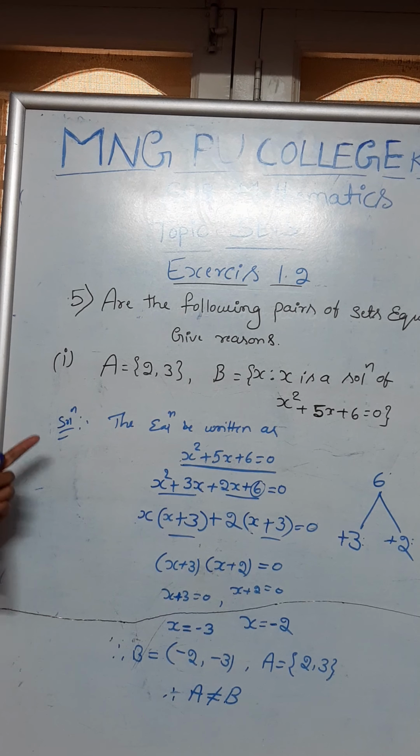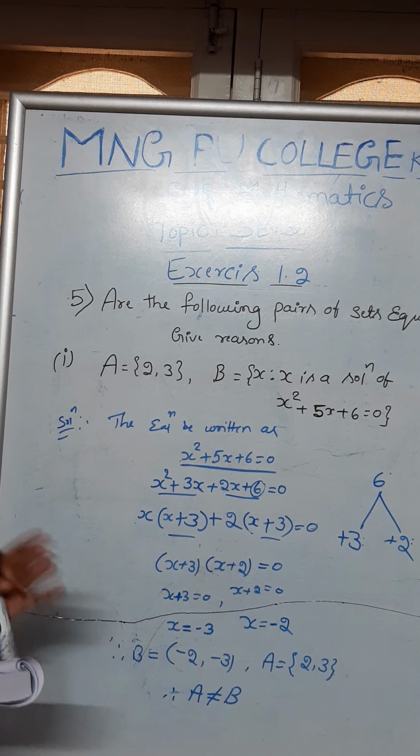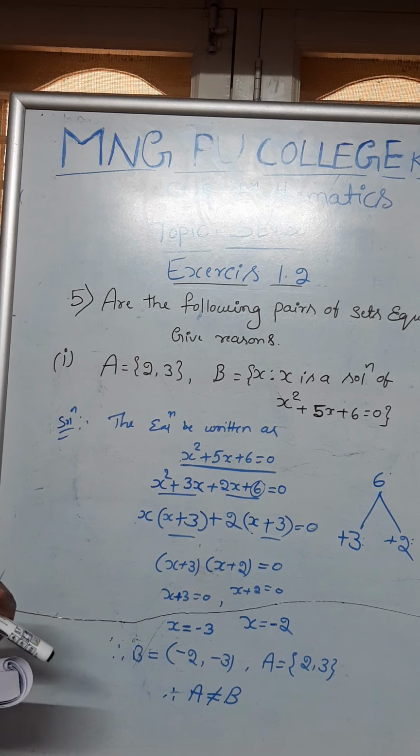Similarly, in the second problem, set A equals x is a letter in the word follow, and set B equals letter in the word wolf. So compare: list the elements of set A from the letters of the word follow, and list the letters in the word wolf, and compare both sets A and B. You will get the same letters in both sets, which means the sets are equal. Therefore A equal to B.